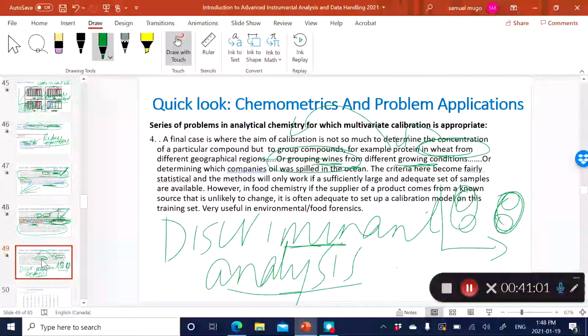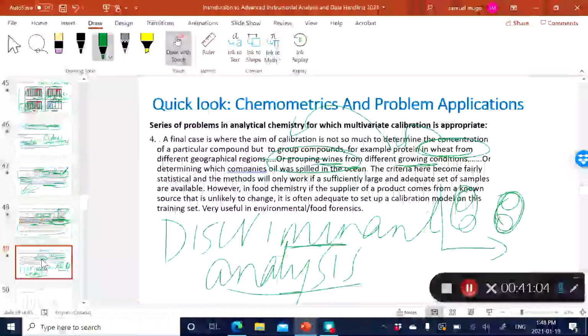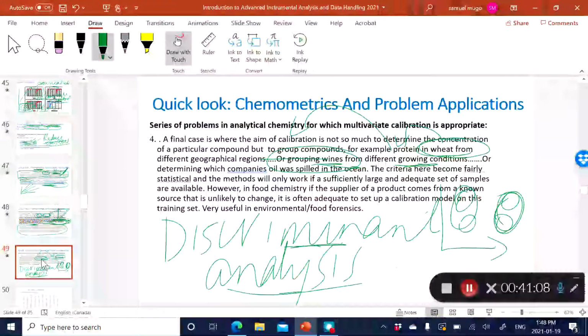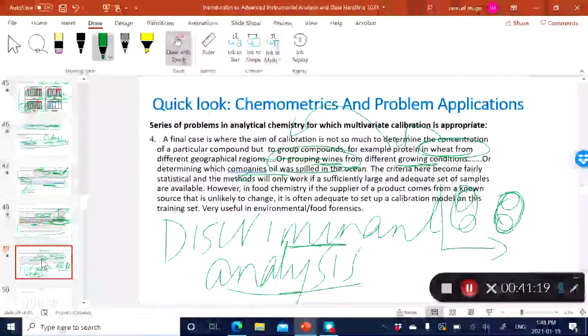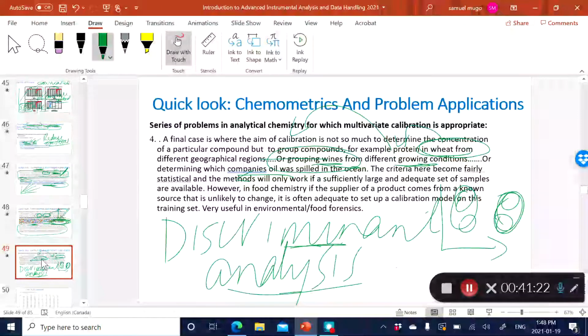Or even another excellent example, some of you are interested in environmental analytics. You go to the ocean and you find there has been an oil spill, and you've been asked, as the analytical chemist, to determine which company's vessel or ship actually spilled the oil. And so again, you're not really doing quantitative analysis. All you're trying to determine is